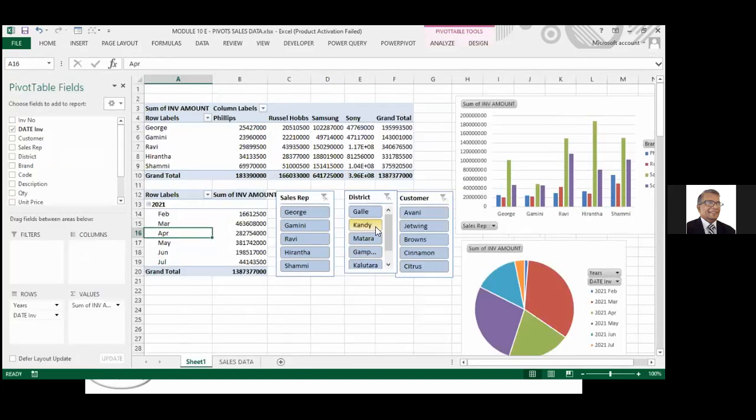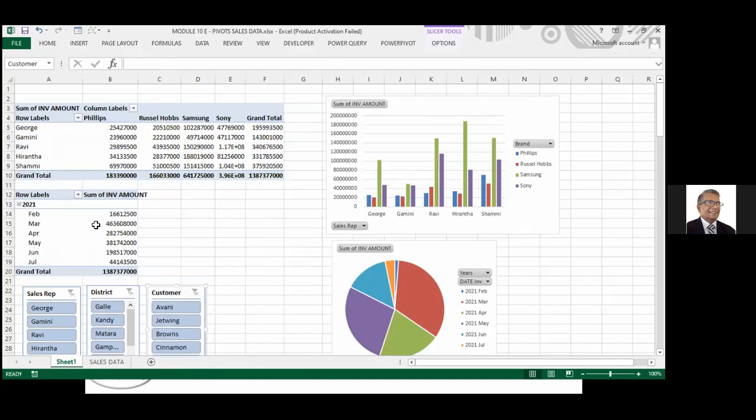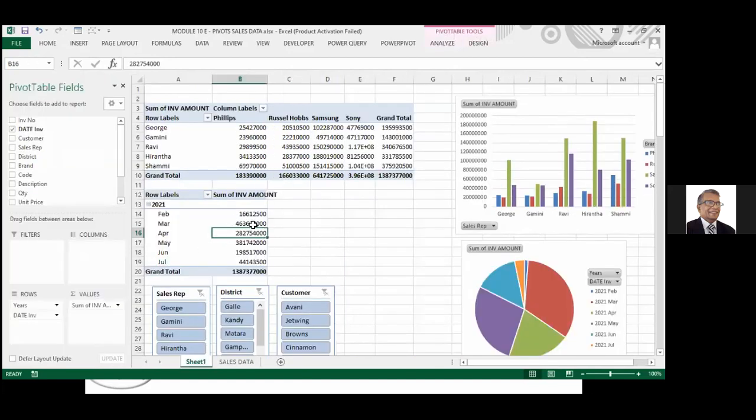Right. Then, what are the other things you can do? I'll move this somewhere here. I want to see this as a percentage. I want to see the percentage of the grand total. What do I do?